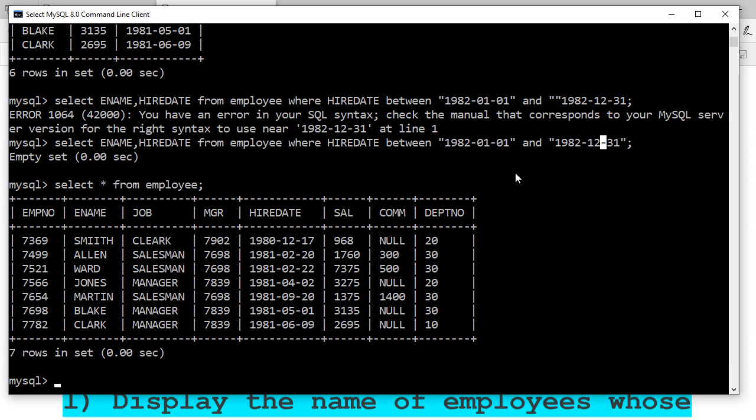So if you have to include this 1st January of 1982, it might be possible that on that day somebody was hired. So you go one day back, 1981-12-31. And here, if you want to include the 31st of December 1982, then you go one step ahead, so it will be 1983-01-01.